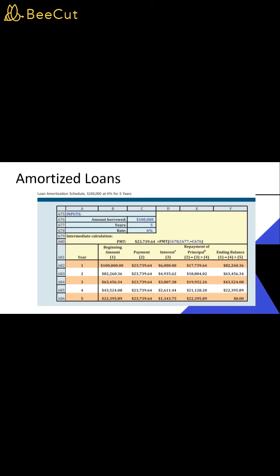The interest now is going to be 0.06 multiplied by 82,260.36. And the repayment, as you know, is the payment minus the interest. You calculate that, and the ending balance is going to be the beginning amount, again 82,260.36, minus the repayment of the principal, and that is going to give you